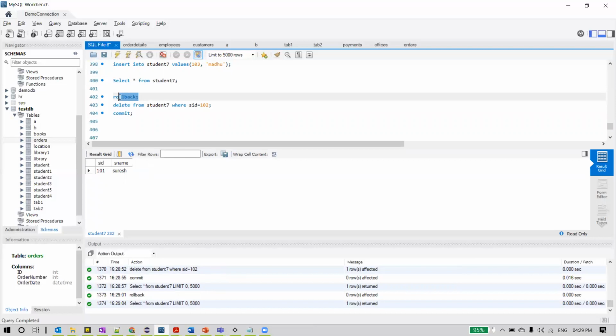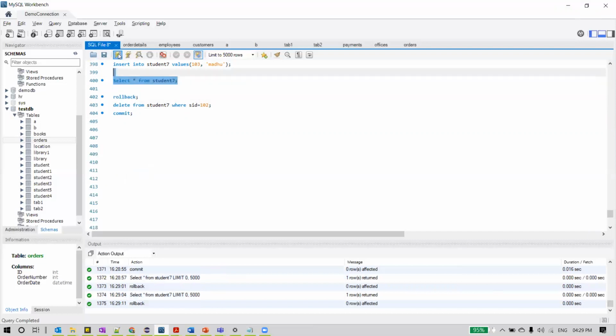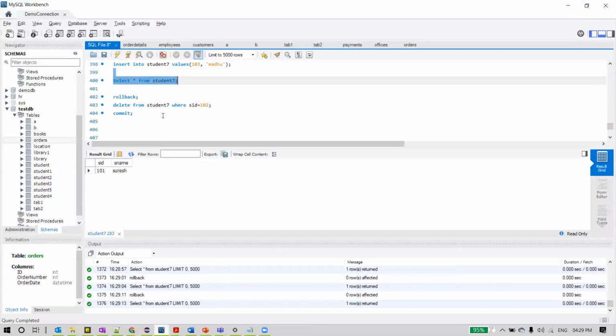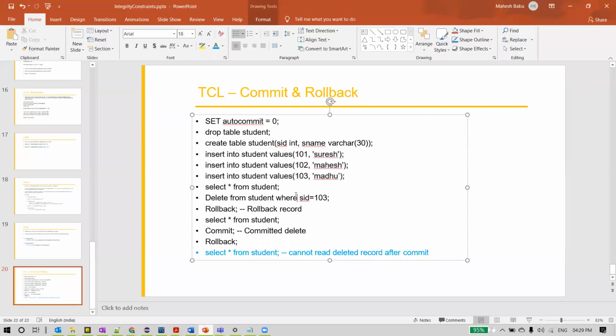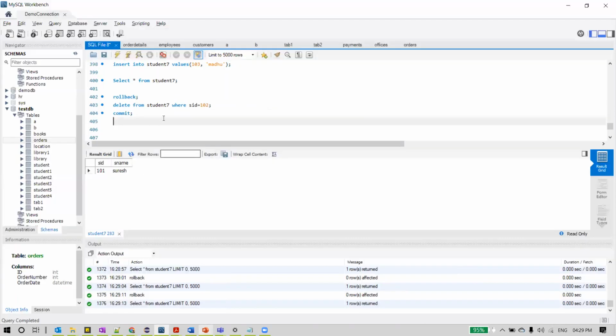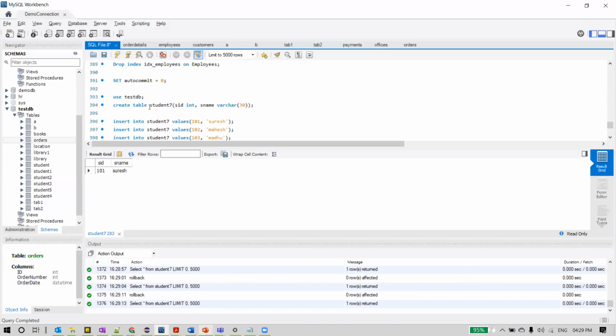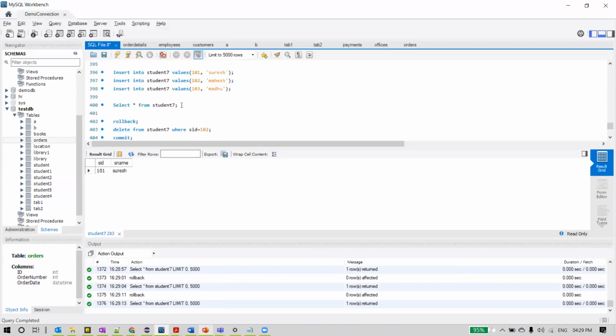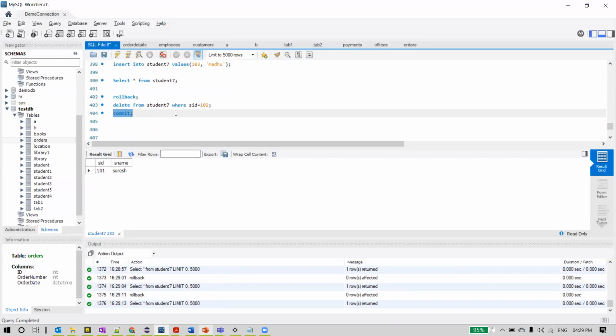So you can see it here. I'm trying to roll back or do a revert operation, but it is already committed to the database, so you will not get it back. So we should always be careful when hitting commit. Only once we are sure, we can execute the commit command. This is the use of rollback and commit commands. And whenever you have set autocommit 0, only then do you need to execute commit.